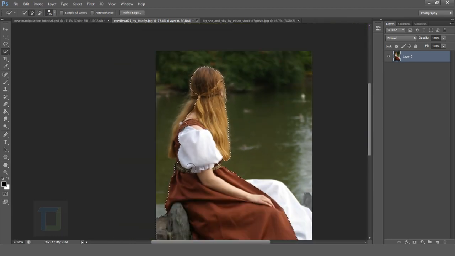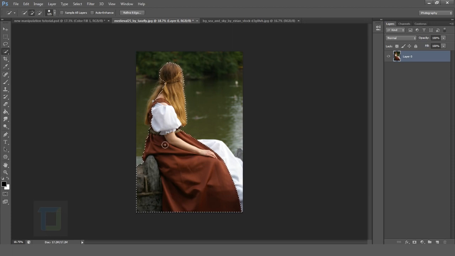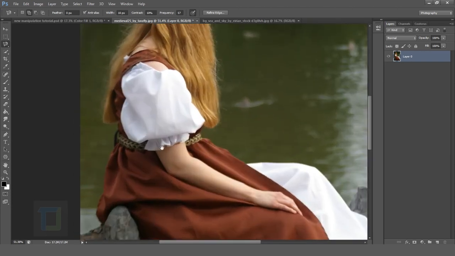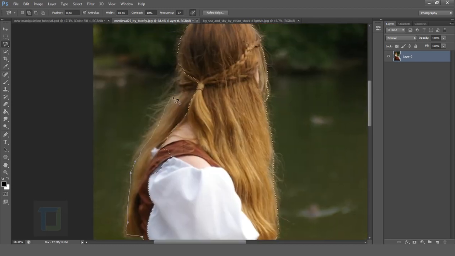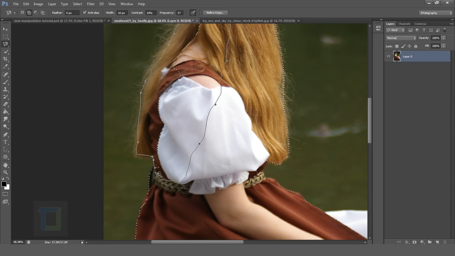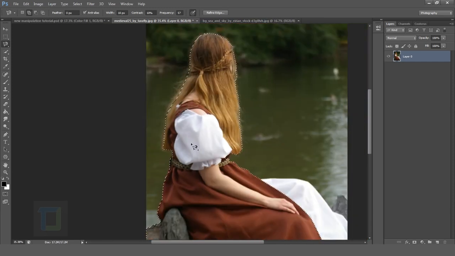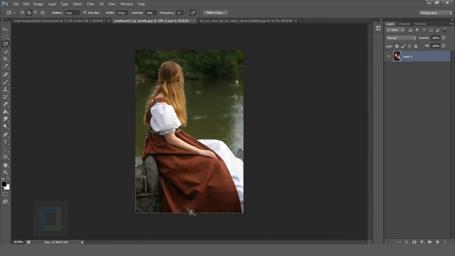So once you make this amount of selection in the model, go and select your magnetic lasso tool, and in the magnetic lasso make sure it's a second option. So now for the leftover area, start clicking here and make a selection something like this. And in the hair, it doesn't have to be extremely accurate, it just has to be average. So that seems fine, and now make a selection. So this way we just cut her from the background,